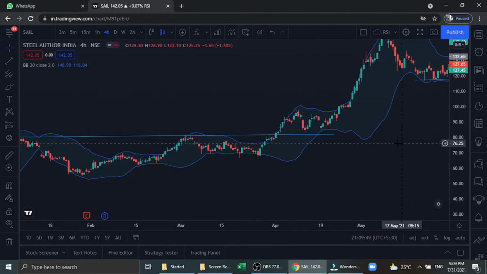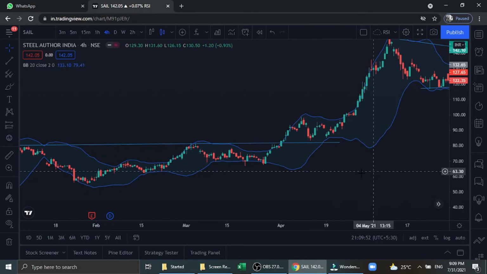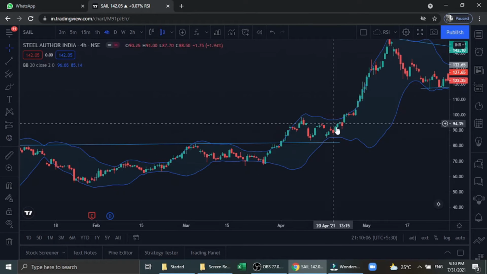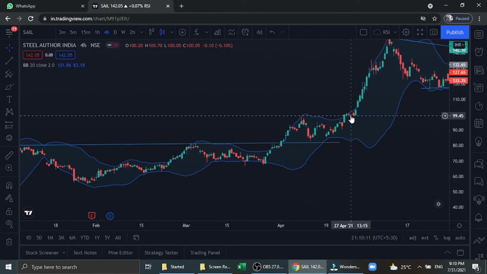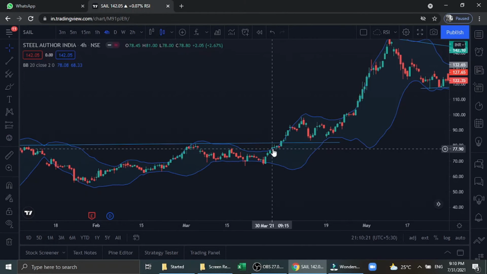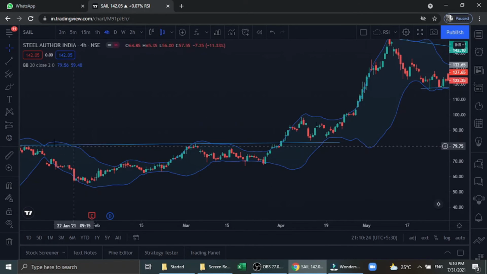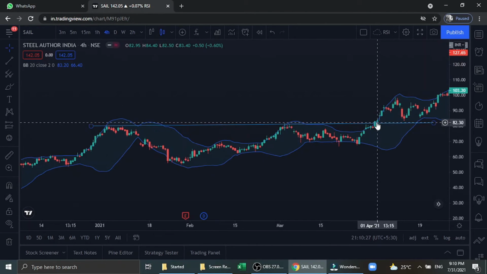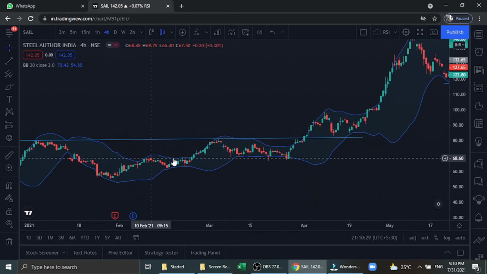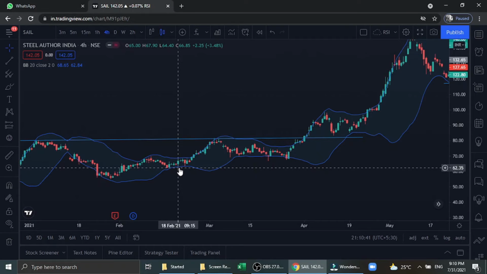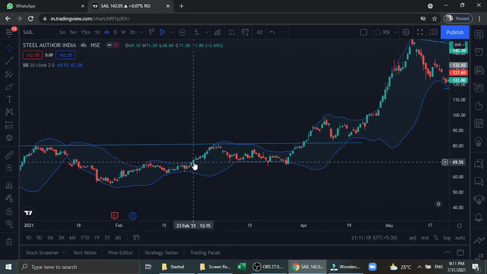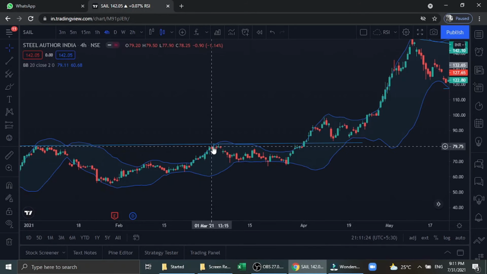By seeing this indicator itself, we can easily understand that whenever the upper Bollinger Band and the lower Bollinger Band comes closer, the next momentum, whenever it gives any breakout, it will have aggressive momentum. Even you can see here, there is very good momentum and there is a breakout as well. And here you can see the very good momentum after upper Bollinger Band and lower Bollinger Band came closer to each other. Whenever there is any candle breaks any side of the Bollinger Band lines, then that side will have momentum. Here it has broken upside, so there is upper momentum.